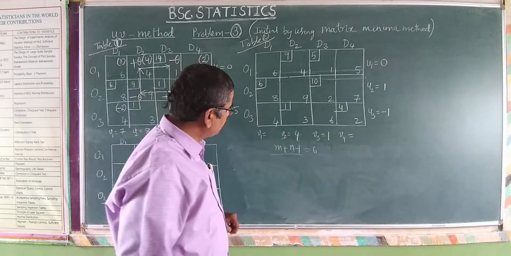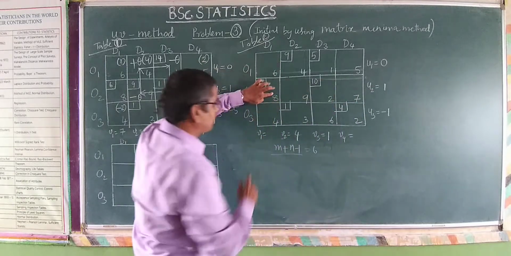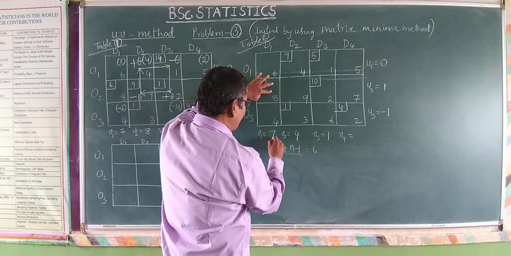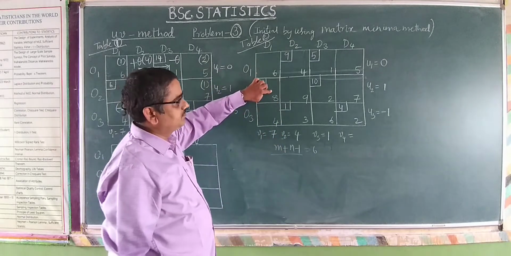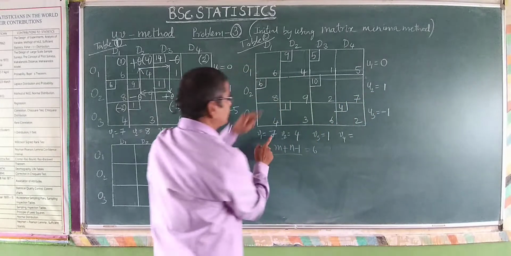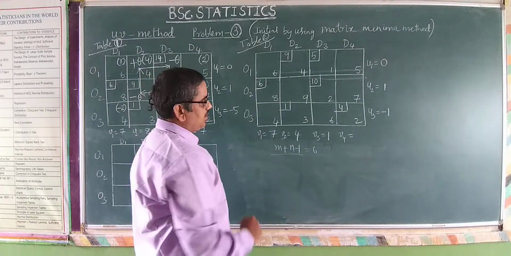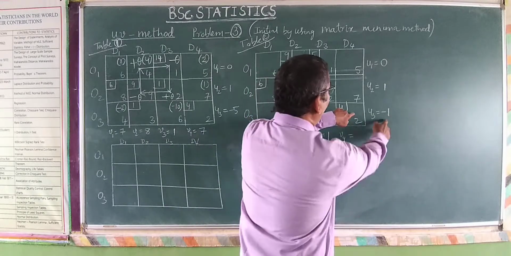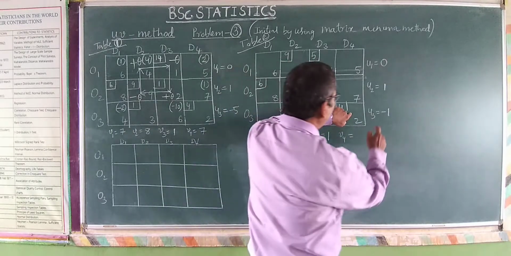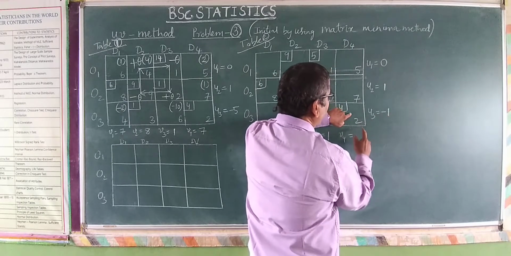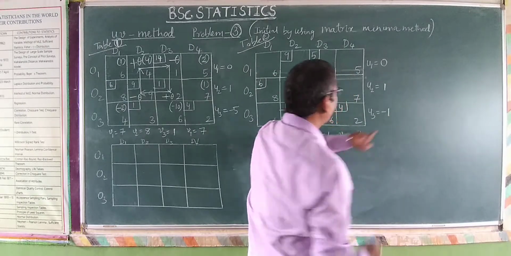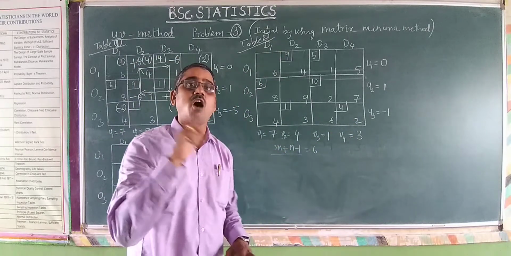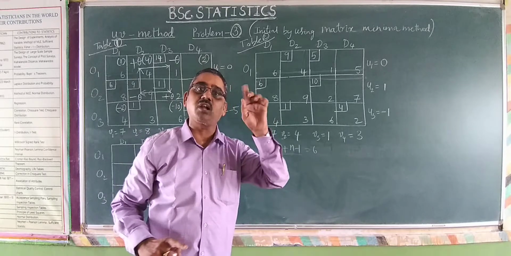Finished. Similarly, if you consider this basic cell, 1 plus how much is equal to 8, that is 7. 1 plus 7 is equal to 8. Next again, if you consider this particular value and this basic cell, 3 minus 1 is equal to 2. So therefore, all ui and vj values have been determined through basic cells. Remember, through basic cells.